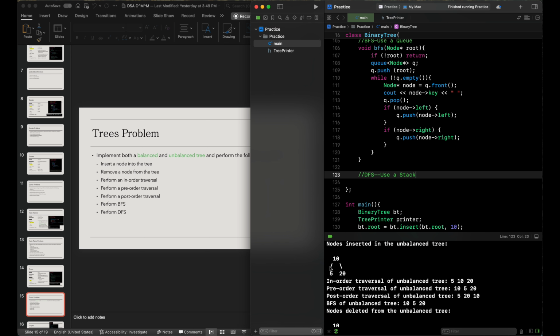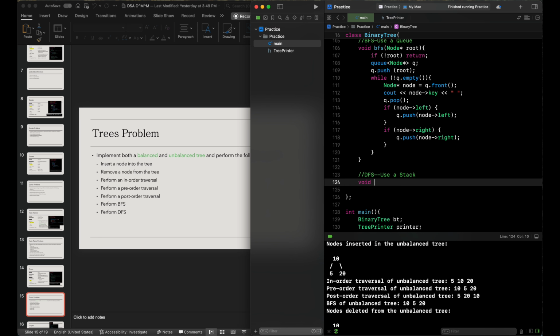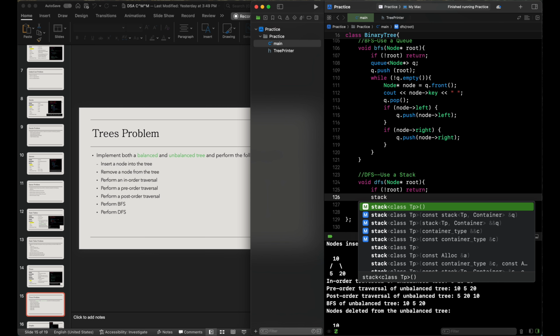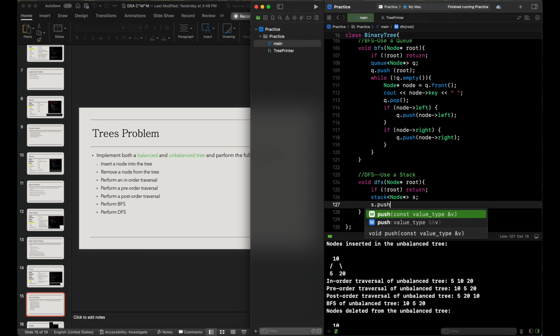So if there were, for instance, more children on the left-hand side, we would see more of an encompass on the left-hand side compared with the right, but we're still going in this fashion of one giant circle compared to breadth first search, where there will be tiny circles of levels. But anyway, we develop depth first search by doing the following: void depth first search with node here root, and then if we're not at the root, we return. Then we will have stack of nodes here called S, and I'm going to push the root into the stack so that